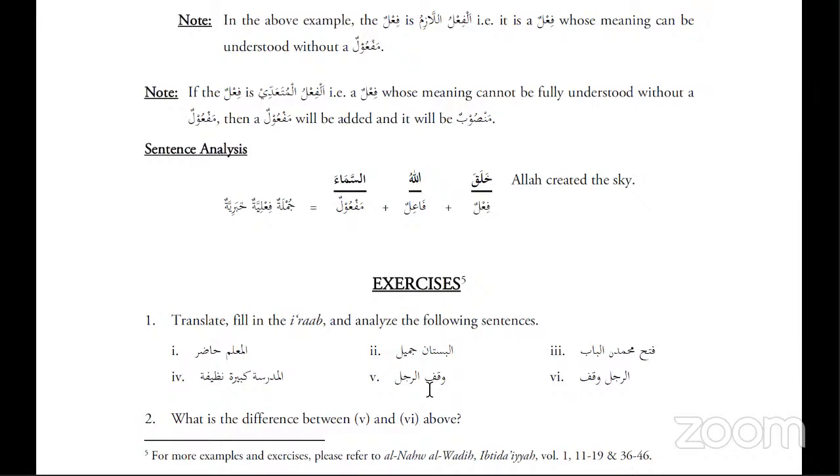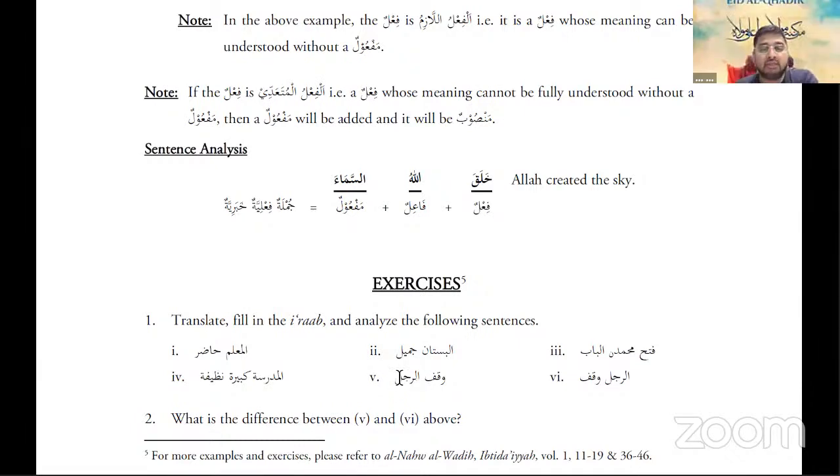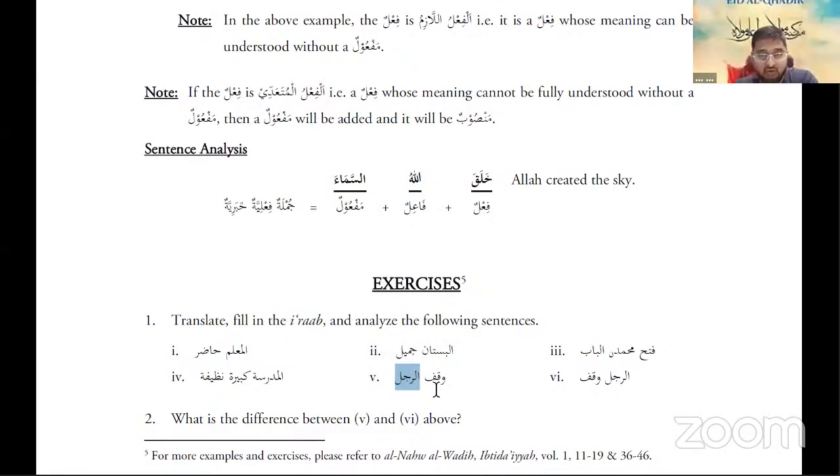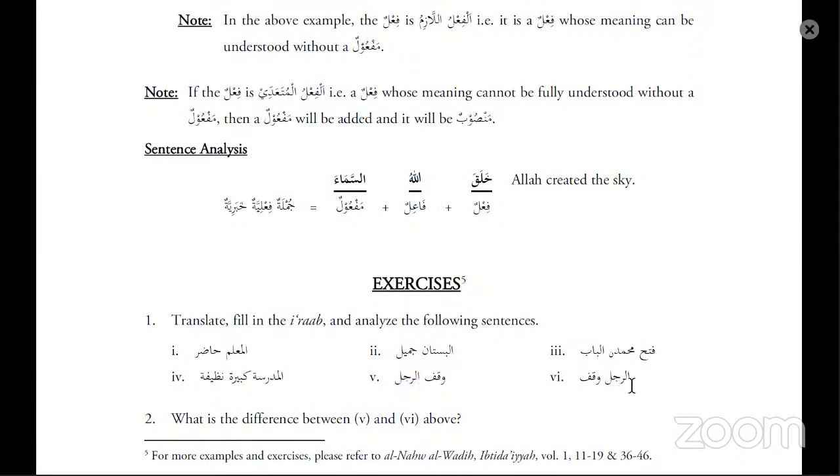I understood waqafa is the verb. Why is it all fathas? It's like daraba, kataba. So waqafa ar-rajulu: ar-rajulu is the person doing the action of standing, or he stood. So the man stood. That's the verb, and that's the subject. Excellent. The verb and the subject. Now here it's opposite. Then we go on to ar-rajul.